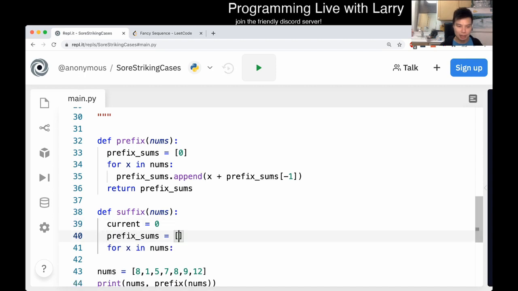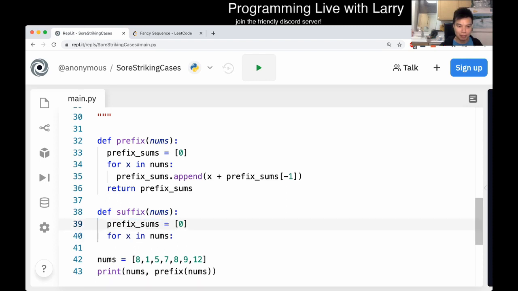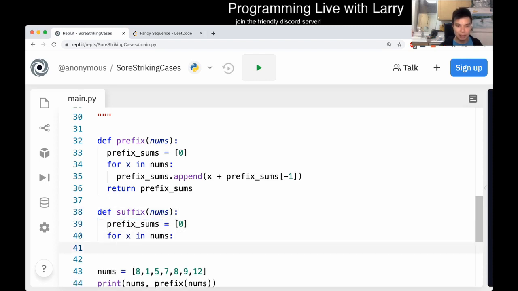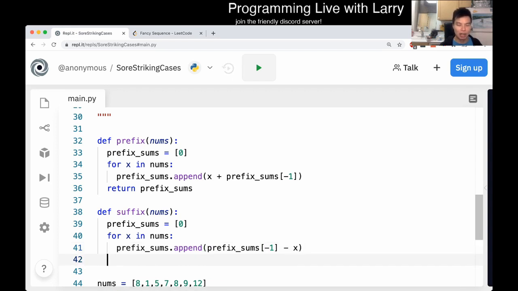Actually, let's just do this, right? Prefix sums append the last number minus x, right? The inverse of what we did. But maybe another way to write it also is just total is equal to 0,